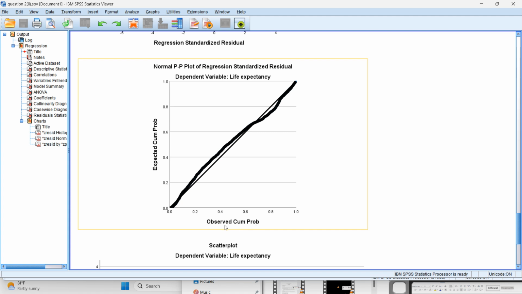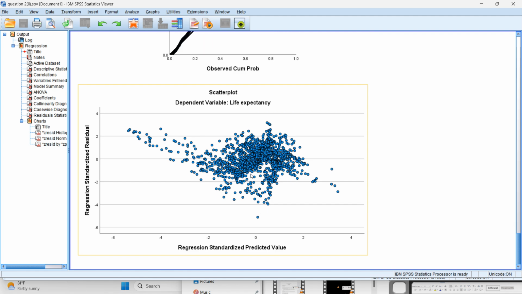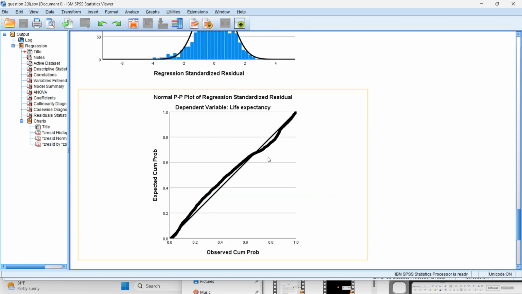Then also the scatter plot: you can see between 0 and the regression standardized residual, there are so many compared to -6. Mostly between 0 and 0 on the graph is where most of them were plotted. Majorly, then the other thing I want to explain to you here is